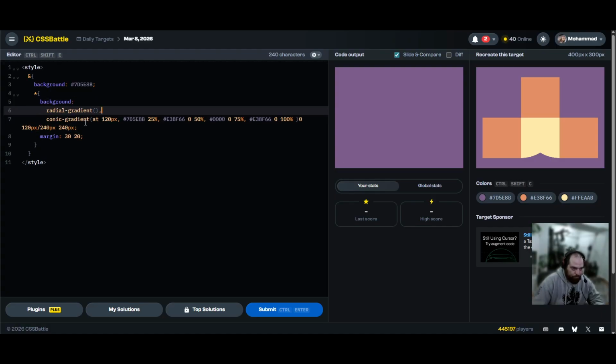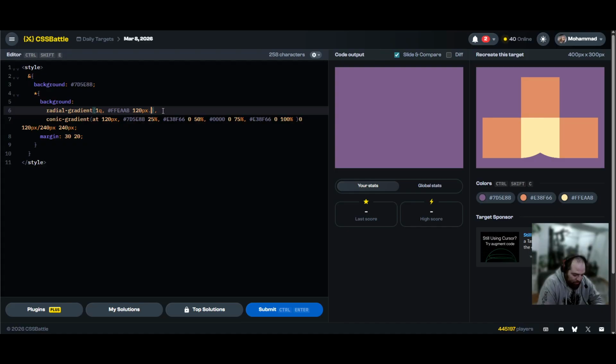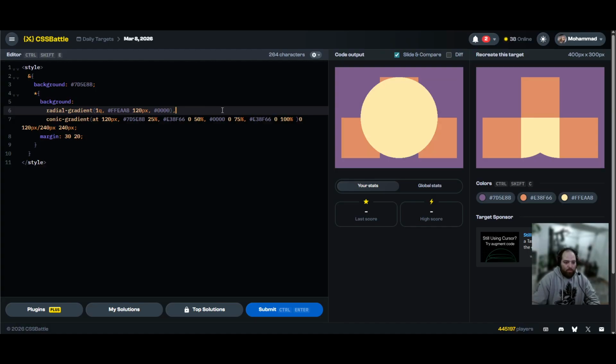Radial gradient will go 1Q to make it a perfect circle. This color. Now I just have to guess the radius. I'm gonna just assume 120. I'm gonna assume a big radius. It goes up to here. So the radius is 120 px, and then followed by transparent. Okay, so now you see what I'm trying to do. I'm gonna bump this over. First of all, let me just go 0,